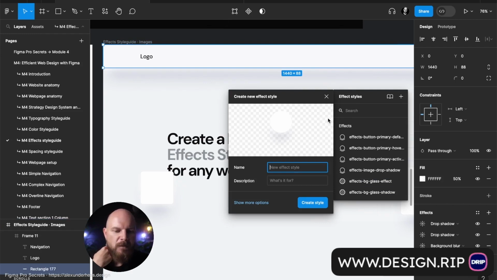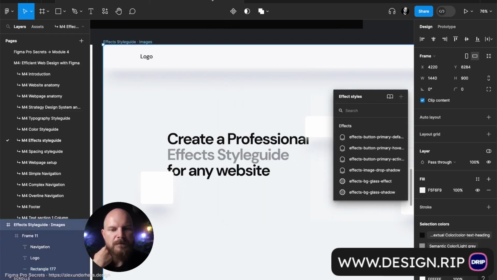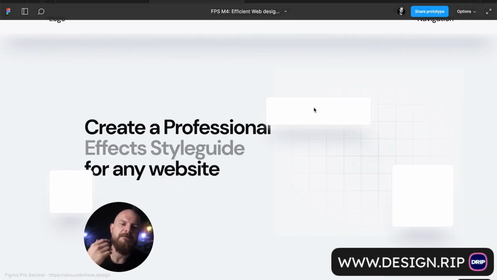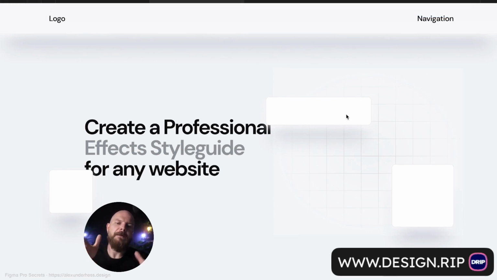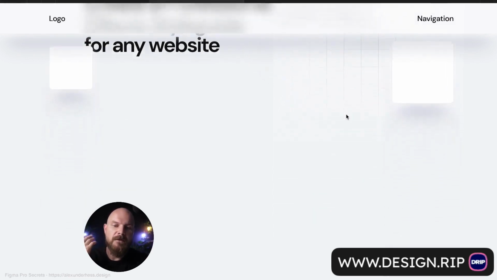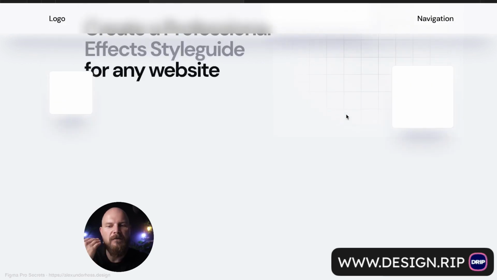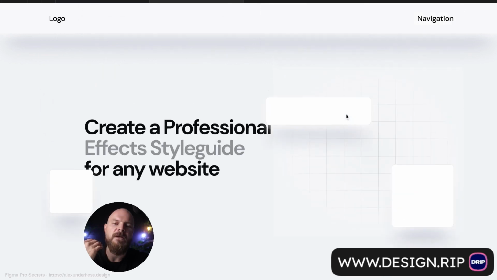Done. So now when I go to our prototype mode, I see that now our navigation has this shadow, but also when I scroll down, it also has the glass effect. So when we are hovering on the text, it is behind of everything, and